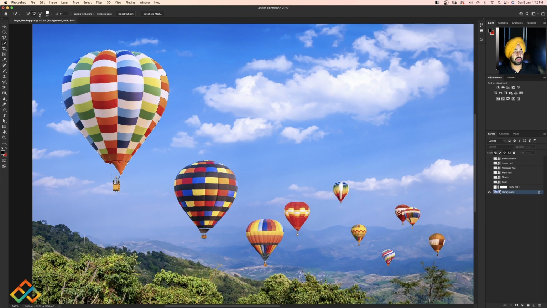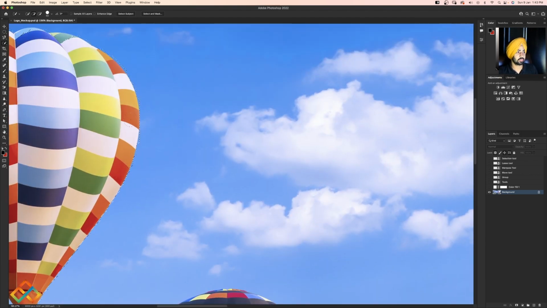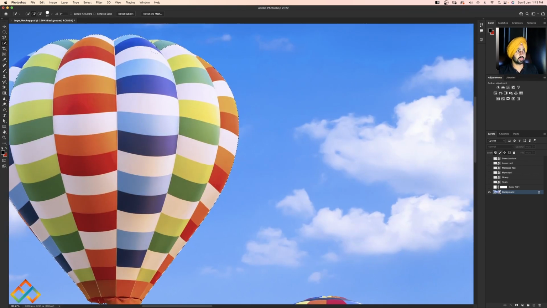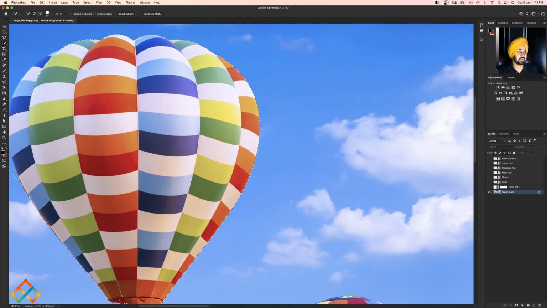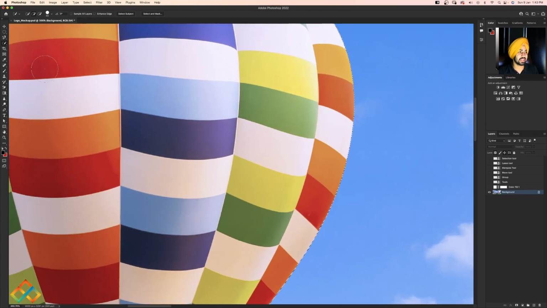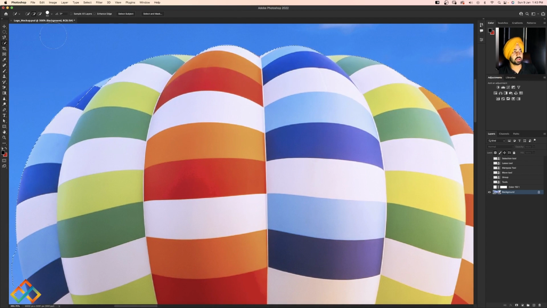Or from here the brush can be changed into minus or plus. It depends on the area, whether you want to add the area or subtract the area. Now I want to add the area. For that, just draw a rough selection, otherwise it will automatically detect the area. Now here is a problem. For selecting that area, we have to reduce the size of our brush, like it's 69 now and I'm using 17 in size. You can see here